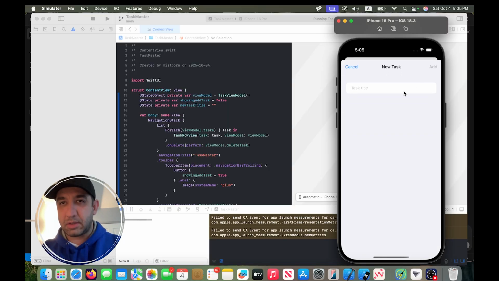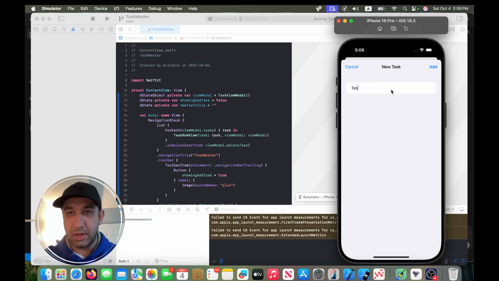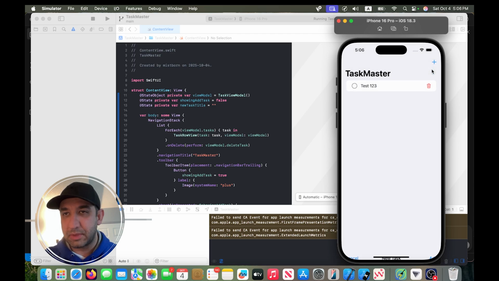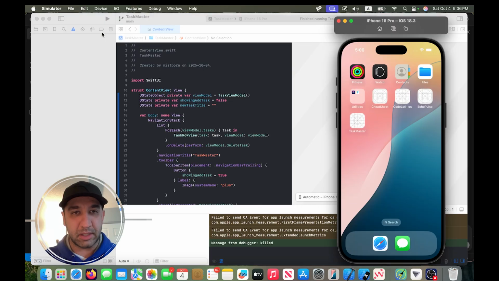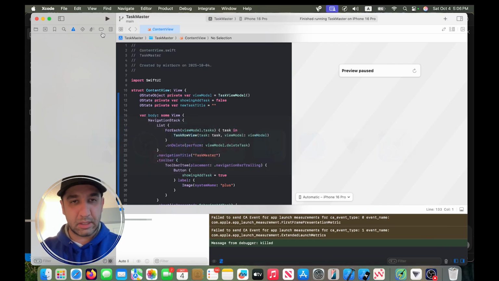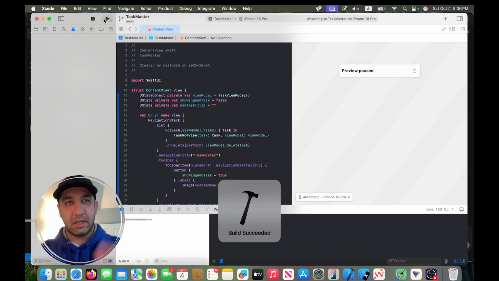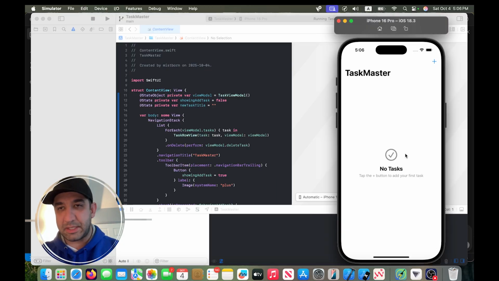Okay, so now I want to test something. I want to see if the data persistence is working properly, because I never asked the AI to do anything with regards to that, but I want to ensure. So I'll create a test task, and I'll just leave it be, and I'll restart the simulator to see if the data is persisting, and I rerun it again. See, it's empty. It means that our data just gets lost every time we close the app, and that is not what we want. We want basically to make sure that our list of tasks remain intact in there and